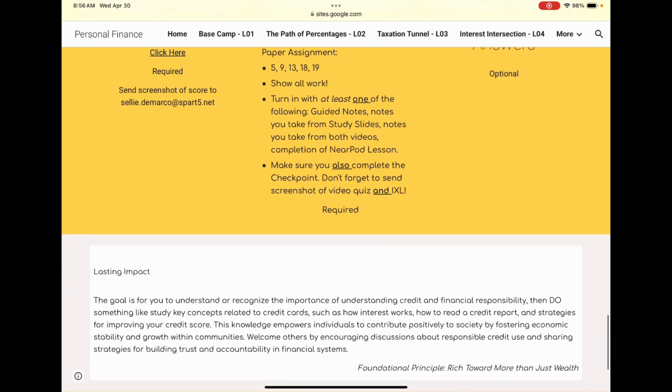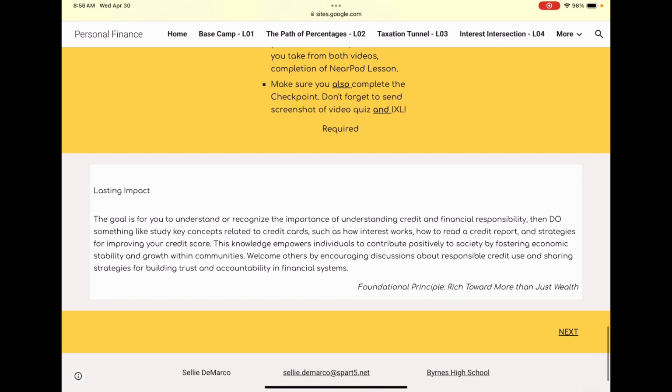I'm going to scroll to the bottom just so that you do see all those, the lasting impact is consistent. It's on each of those. I know you'll be able to click through it, but I just want to make sure I'm trying to show you a good job of what it all looks like, how it all comes together.